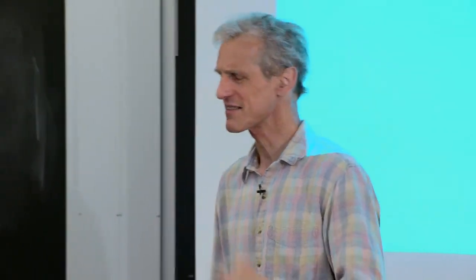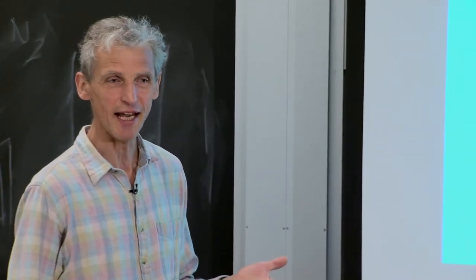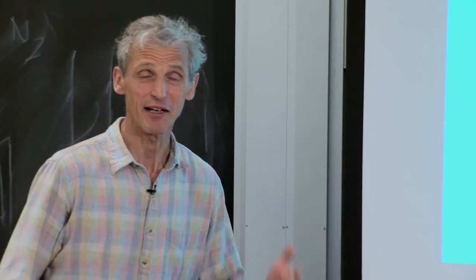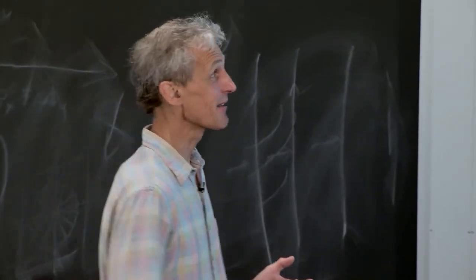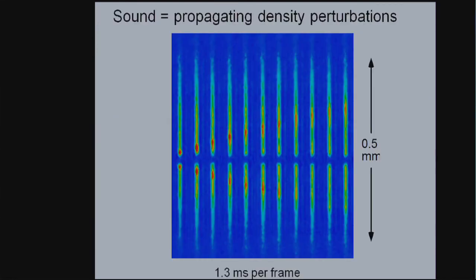But then I said, wait a moment, we have to translate. He says, use a piezo. Well, I have to translate in atomic physics, how do we kick atoms? With a laser beam. And in that moment, I had the idea that we can take a Bose-Einstein condensate, suddenly switch on a blue-detuned repulsive laser beam. This will do exactly as a piezo, create a density perturbation, and then the density perturbation will propagate with the speed of sound. And that worked.